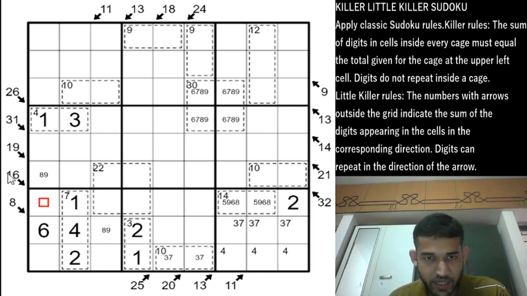And now 16 has to be satisfied. Now we have placed the 4. These two cells should add up to 12 now, and they can add up to 12 in only two ways, which is 3 9 or 5 7. 4 8 is not possible because a 4 is there already, and we have eliminated the 3 from this cell because 3 is coming from row 9 of box 8. So this will be 3 and 9 or 5 and 7.